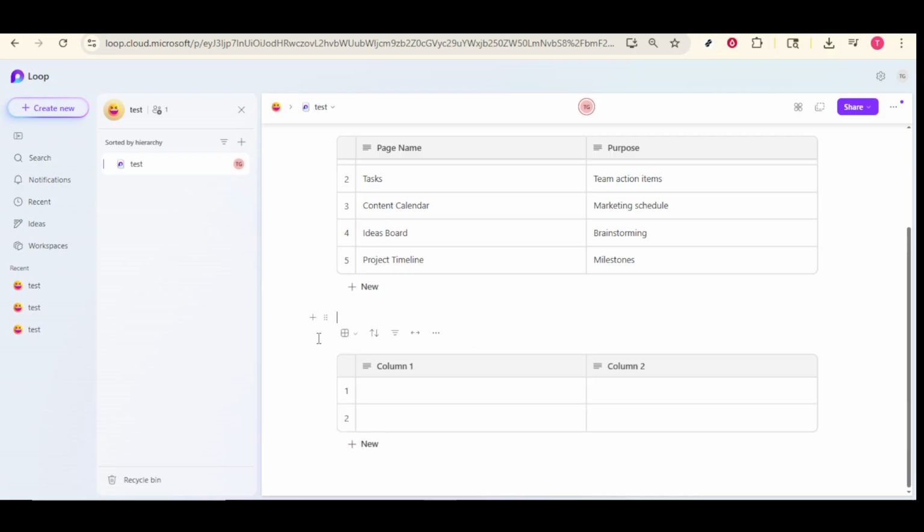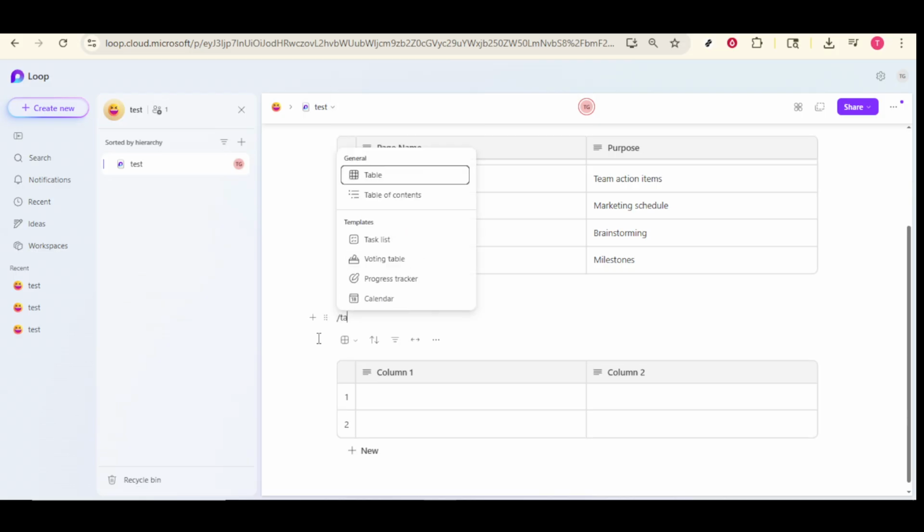By setting up workspaces with these elements in Microsoft Loop, you are setting a solid foundation for better organization and enhanced productivity. This tool allows you to tailor the workspace to fit your specific needs, whether at work, school,